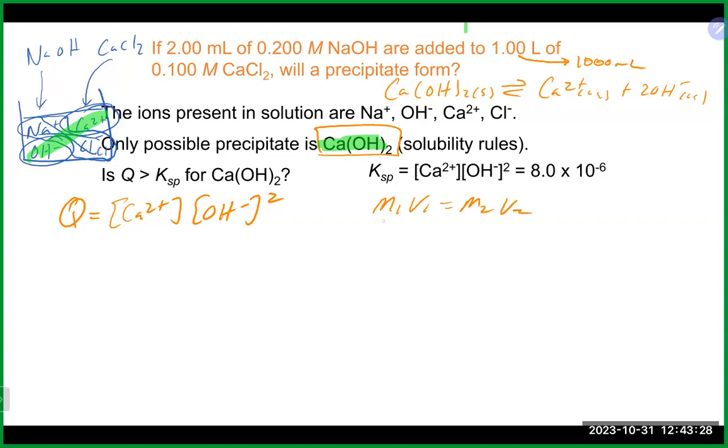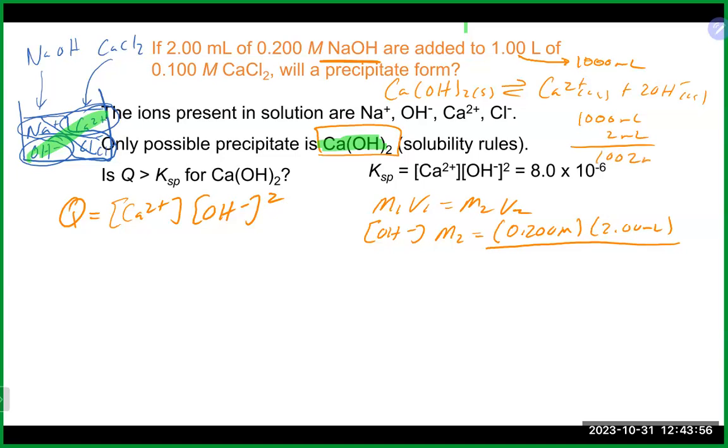So for the hydroxide, which comes from sodium hydroxide, as that's the only source of hydroxide, we would have our M2 would be our M1, which is 0.2 molar. Our V1 is 2 milliliters, and our V2 is the total volume, which is 1,000 milliliters plus 2 milliliters, right? So that's 1,002 milliliters in this case, which means